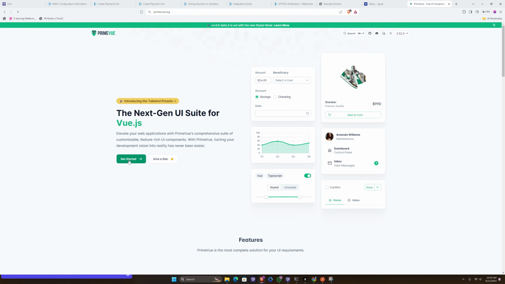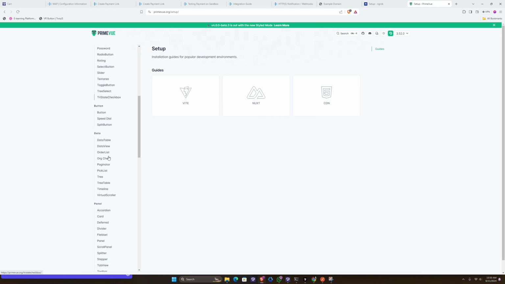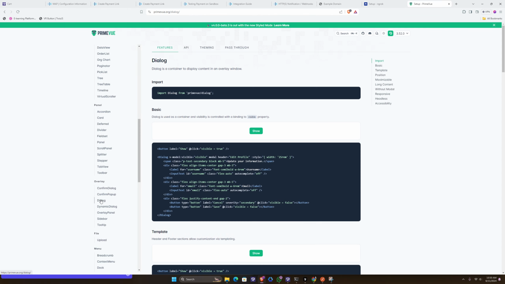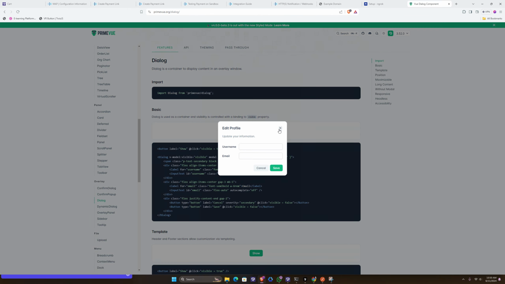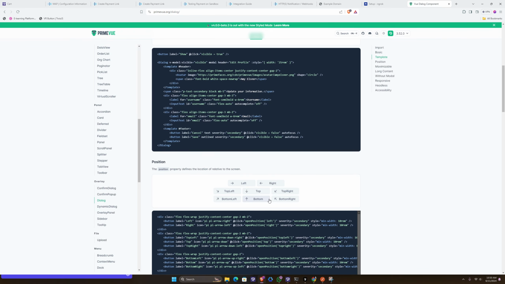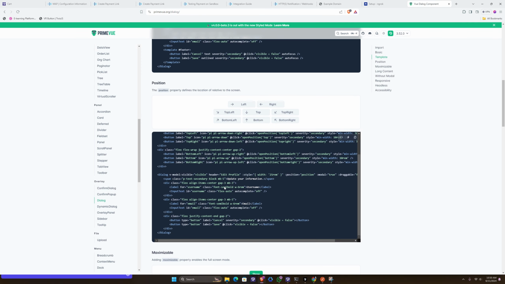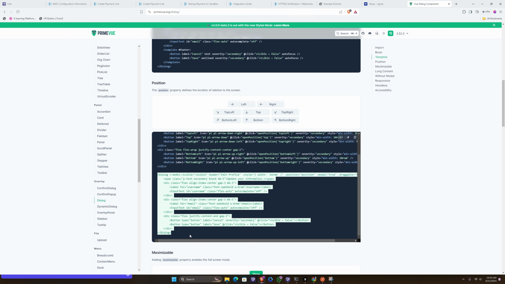So I'm going to open PrimeVue, right? And inside PrimeVue, I'm going to look for a component called dialog. Excuse me. So let's look for a component called dialog, right? I think this one, something like that. Okay, so we want it to be at the bottom. There we go. So we want this dialog to be at the bottom, right? So I can grab this just the way it is and go to RadSystem,